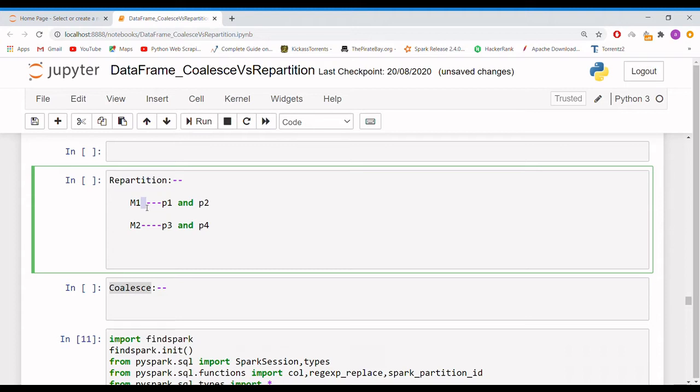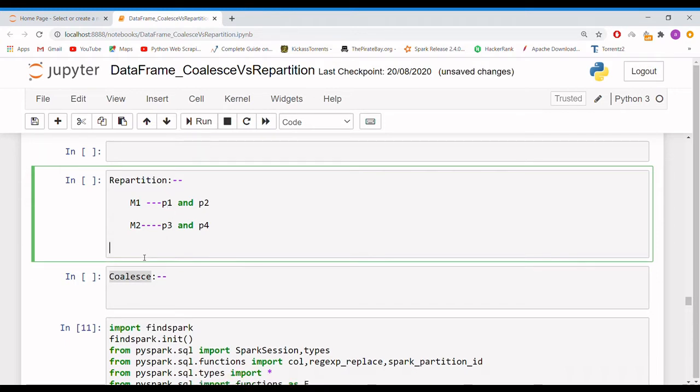Whenever you perform a repartition and the requirement is to get only two partitions out of these four, the outcome will be a combination of partitions P1 and P4, and a combination of P2 and P3. The data among these two machines will be shuffled, and the outcome will be a combination of these four partitions into two partitions. So in order to do repartition, a full shuffle happens.